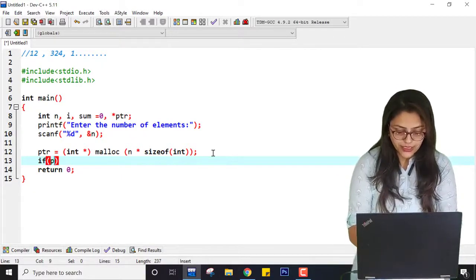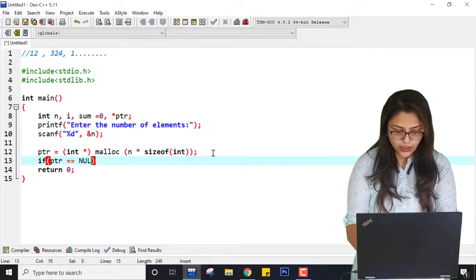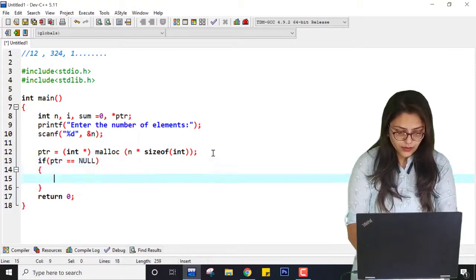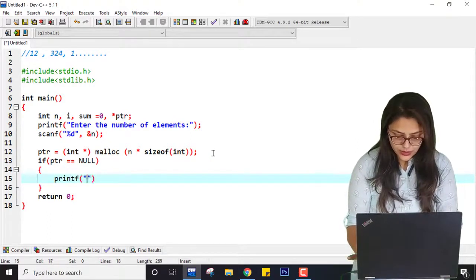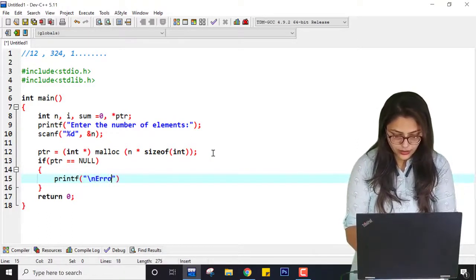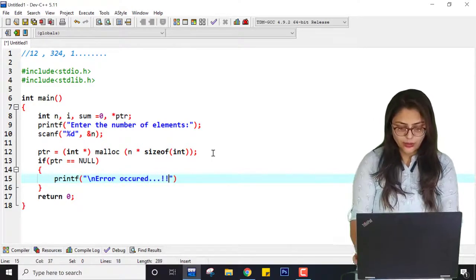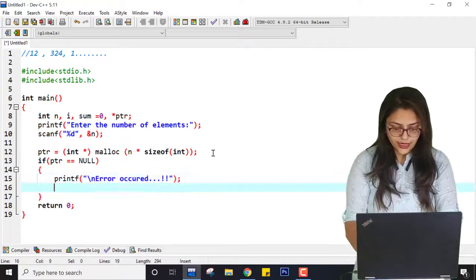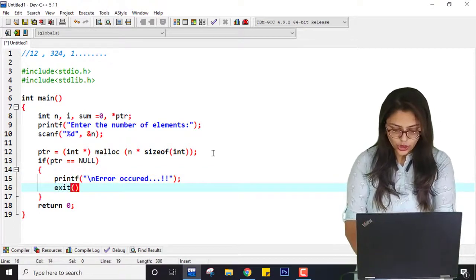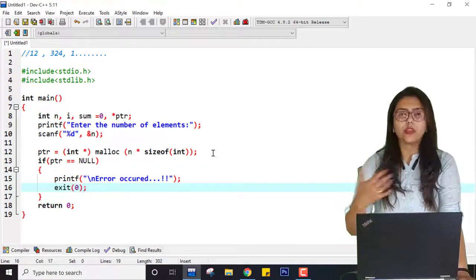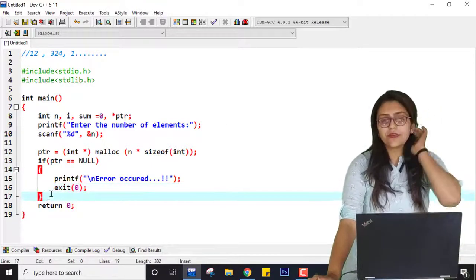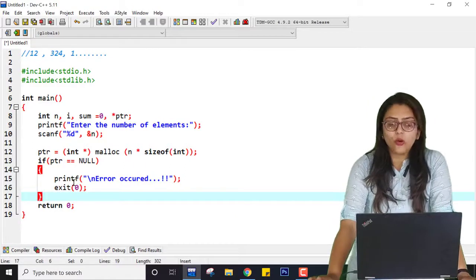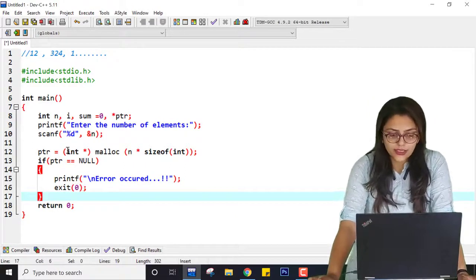If ptr equal to null, that means printf \n error occurred, right? So error occurred when the pointer returns null, and exit 0. So exit 0 will just come out of the program, the execution will stop. So this is the case if the error occurs and no block is assigned.